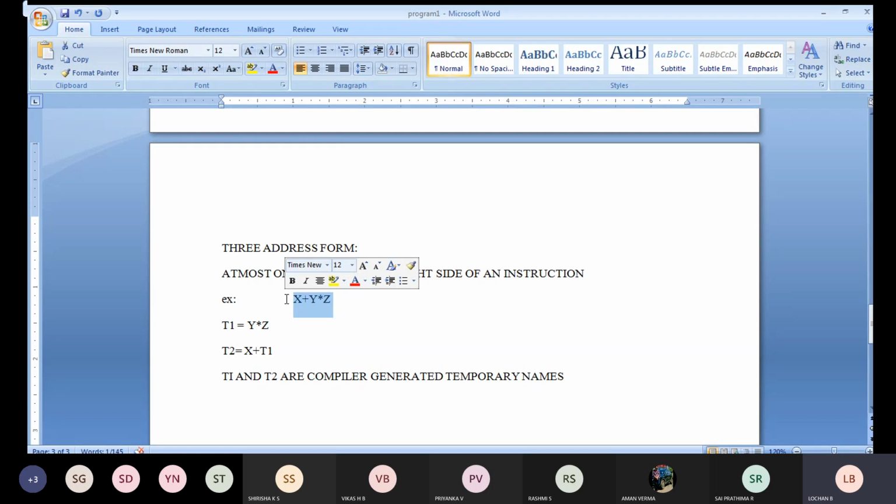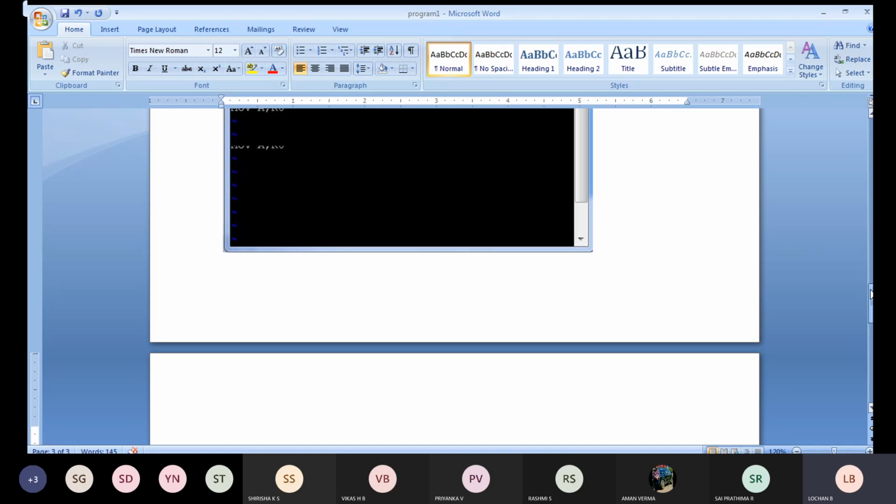Like your temporary storage buffer name we will be using now in your C programming, dummy variables we will be using for storing the values. Like that in the three address forms also, whatever the operators you are going to take along with the operands, we will be making use of three temporary generated variables. So same thing I am going to apply in this particular problem also.